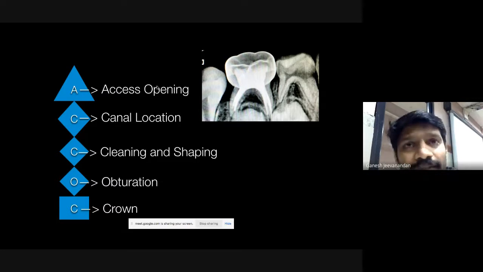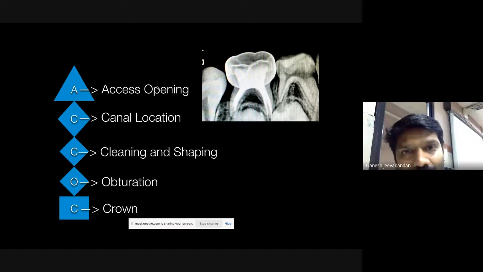So what is access opening? When the tooth is involved with pulpal caries, involving the entire pulpal region and the furcal region, you do an access opening of that tooth so that you can locate the canals easily. Once you locate the canals, you clean and shape them, or as I told you previously, remove the infected material.